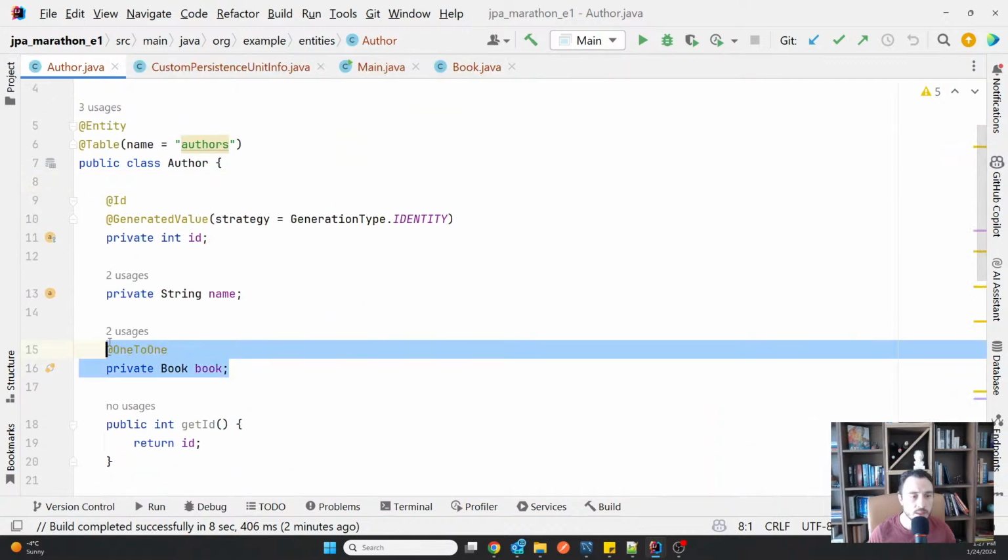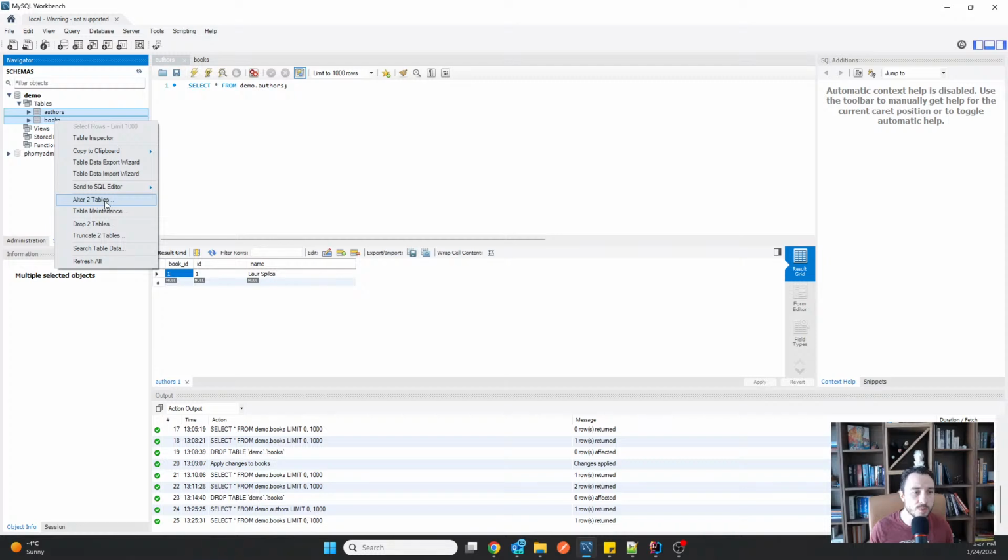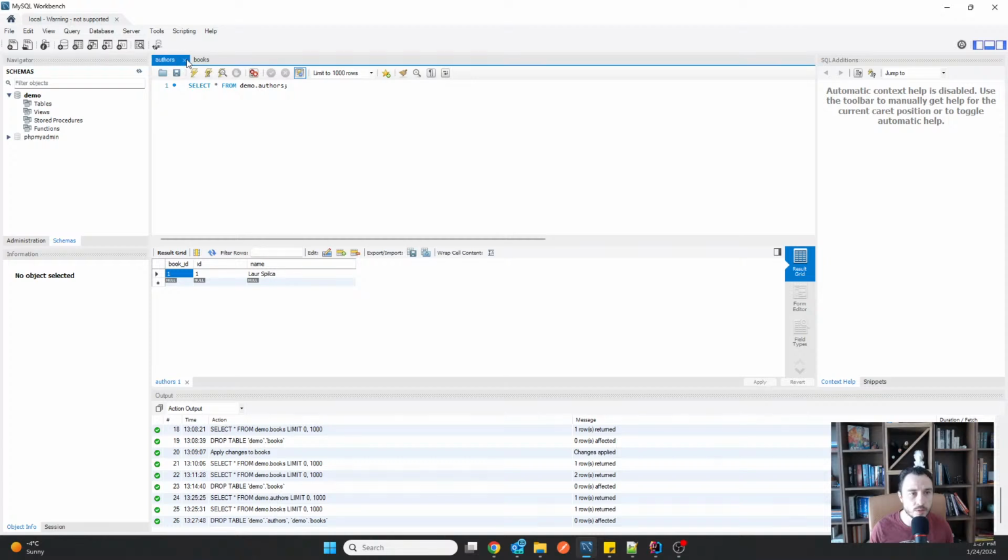So that way, this becomes the owner of the relationship, and the owner of the relationship is where the foreign key is. Another thing that we want to observe is the name of the foreign key column has been automatically given with the default because I didn't override it with anything. So the default being name of the entity underline name of the primary key, so book underline ID in my case. I can override, so let's see what happens if I want to provide it with another name. So I'm gonna drop these two tables. Okay, and now normally they are dropped.